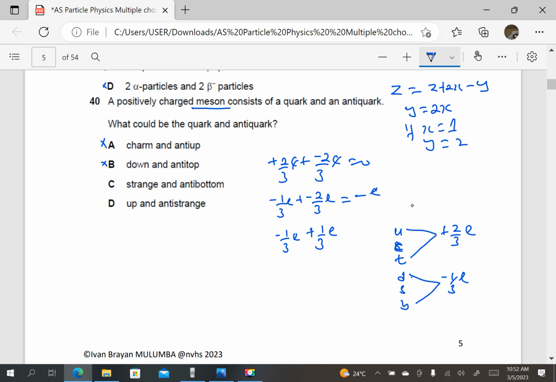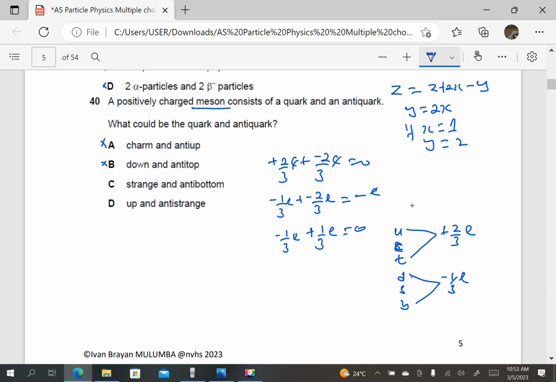Then their antiquarks reverse. Anti-up will be negative 2 over 3e, anti-charm negative 2 over 3e, anti-top negative 2 over 3e. Then anti-down now will have positive 1 over 3e, anti-strange positive 1 over 3e, and anti-bottom positive 1 over 3e. So strange, we have seen that this one is going to give us negative 1 over 3e, and anti-bottom,